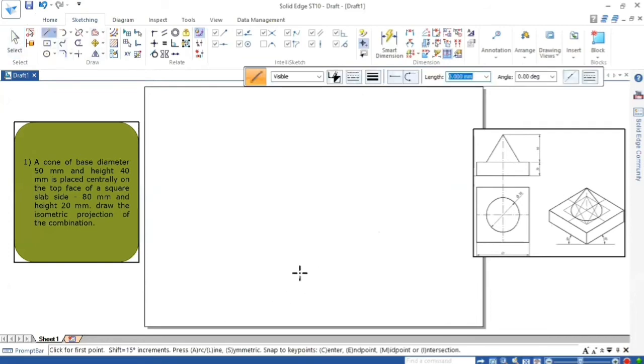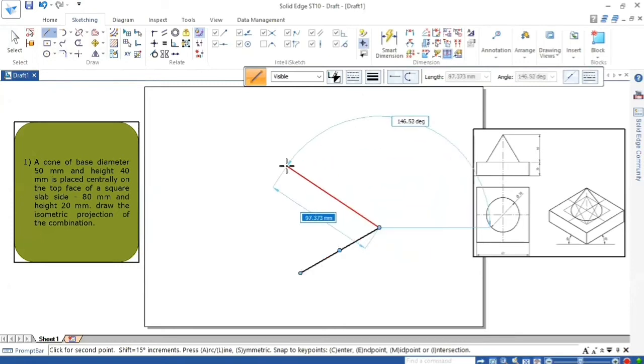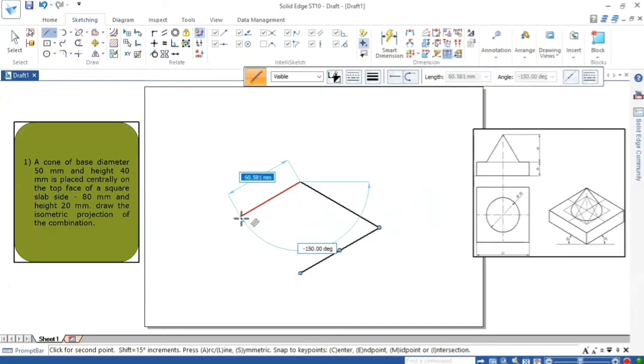Start from any one point and draw 80 length with angle 30, enter. From this end, 80, enter 150. Then from this end, 80, enter minus 150. Then enter 80 at minus 30. Join this. First you construct the base square box.